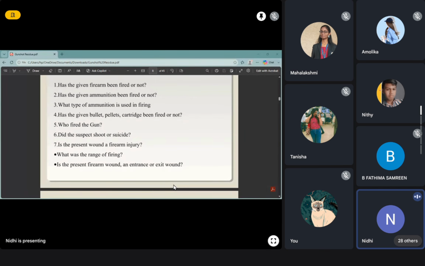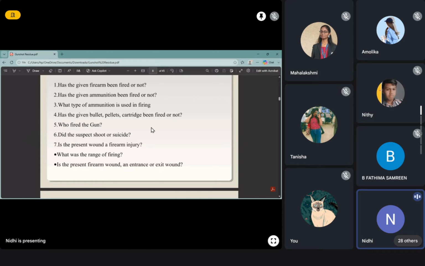Tanisha Singh asked me whether I will be finding GSR in every case. Yes, you will be able to find GSR even if it is in less amount. You will find it in every case if the body is not exposed to rain, water, and the things from which the GSR gets washed away. From that GSR you will be able to determine whether this injury is a firearm injury or an electrical injury. Okay. So what was the range of firing? Again, I told you, we talked about effective range yesterday.